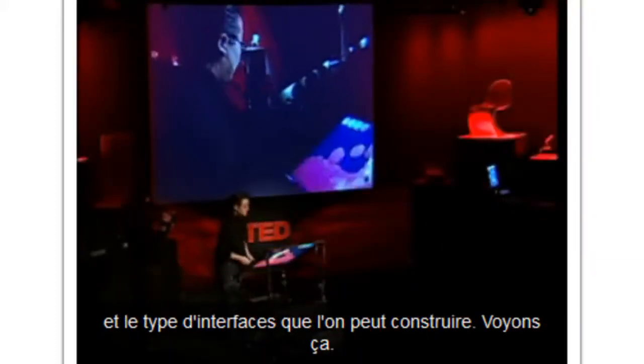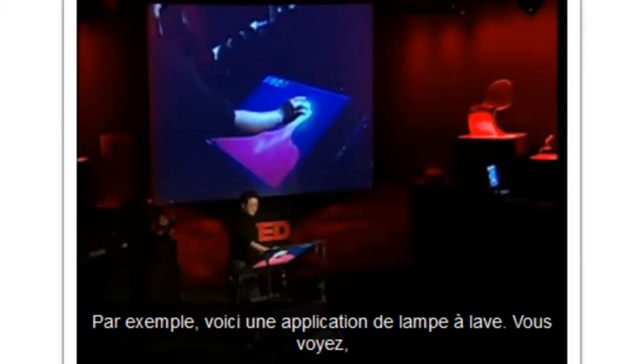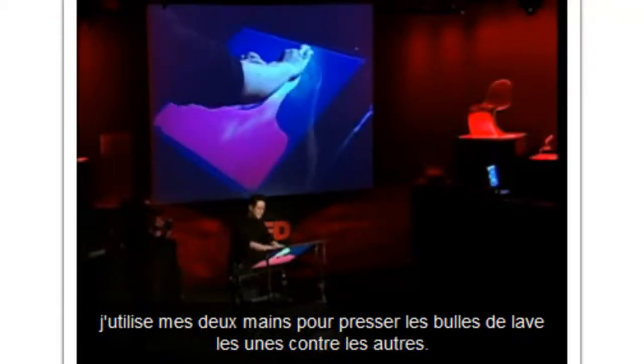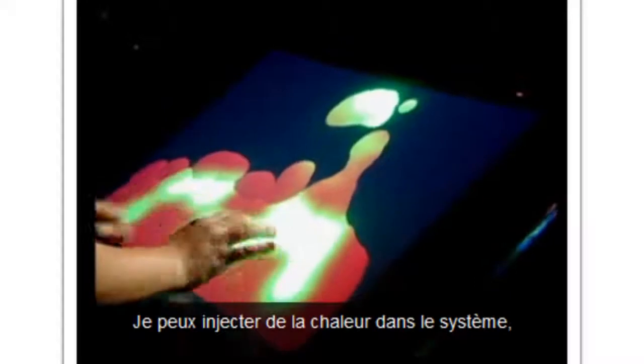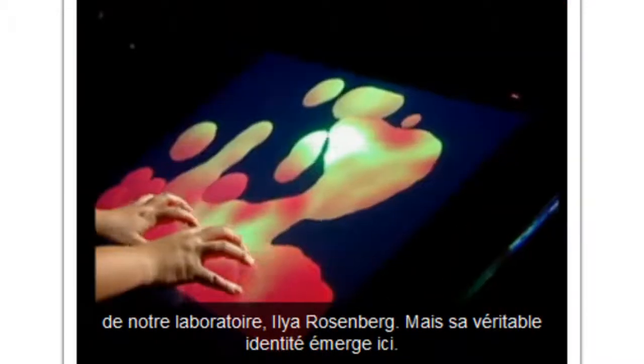So, for instance, we have a lava lamp application here. Now you can see, I can use both of my hands to squeeze together and put blobs together. I can inject heat into the system here, or I can pull it apart with two of my fingers. It's completely intuitive. There's no instruction manual. The interface just disappears. This started out as a screensaver app that one of the PhD students in our lab, Ilya Rosenberg, made. But I think its true